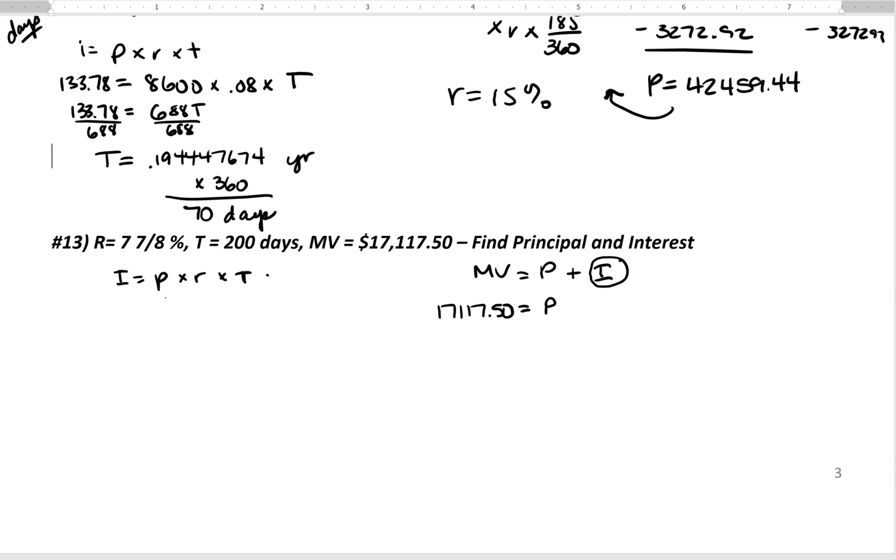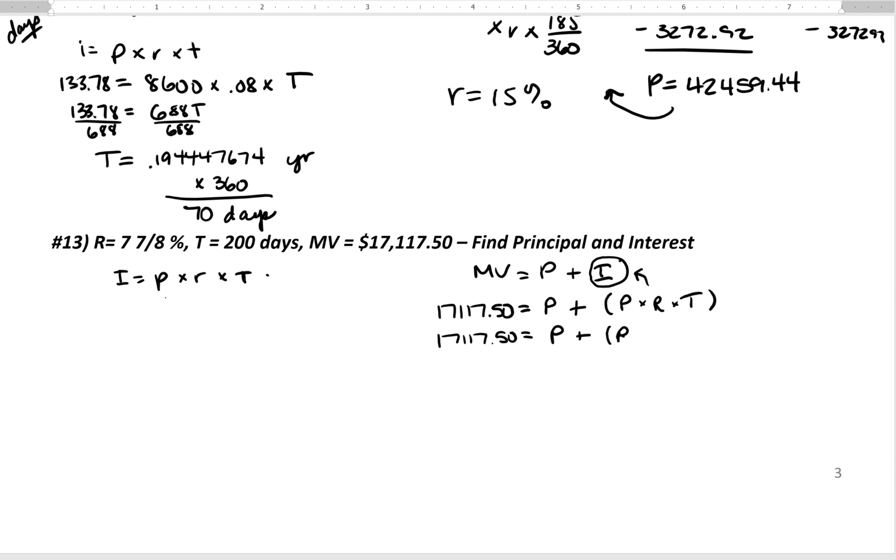I'm going to substitute that in for interest in this formula, maturity value equals principal plus interest. So if I work my way through, $17,117.50 equals principal plus principal times rate times time, and I don't know my principal, but I do know